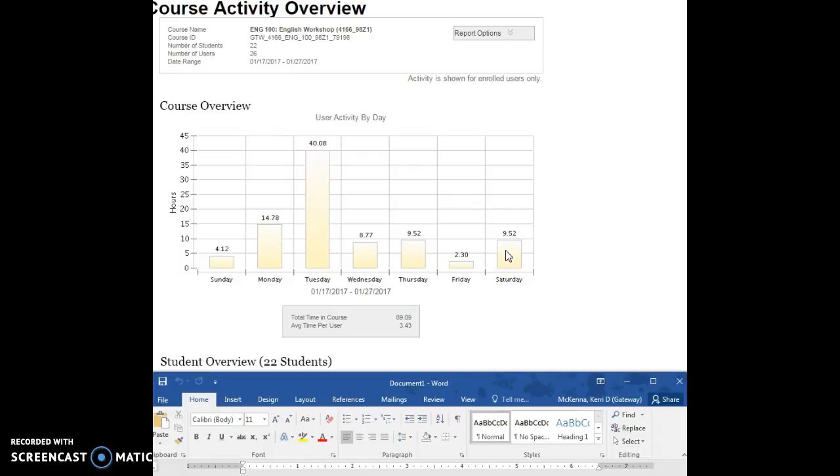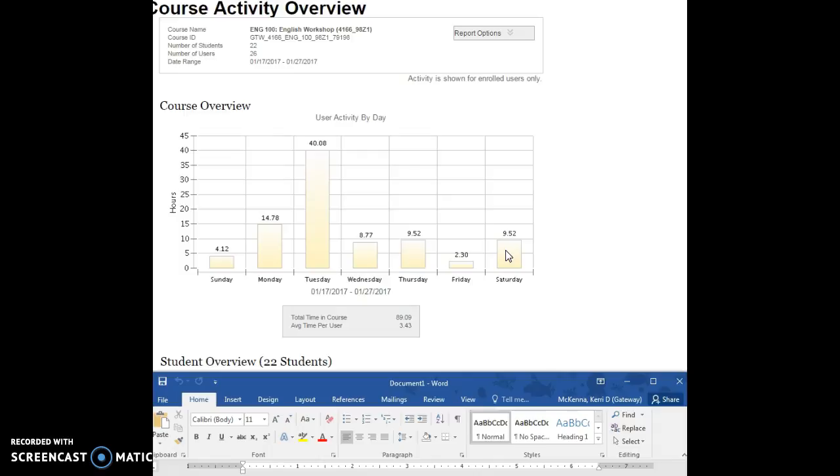What this is letting me know is that for a total of 22 students, I am not getting everybody participating for that hour to an hour and a half every day. If you were, each day would be somewhere between 22 to 44 total hours. Just so that you know, the students who are doing really well in class right now,